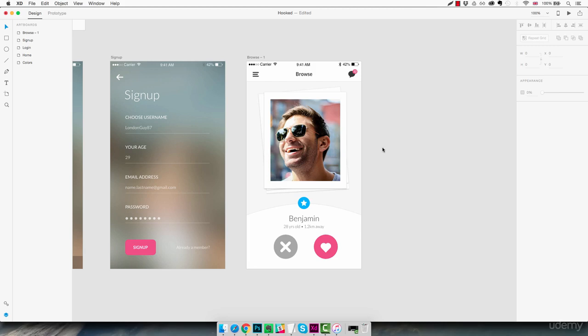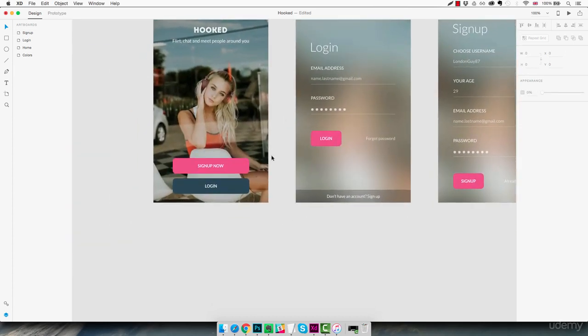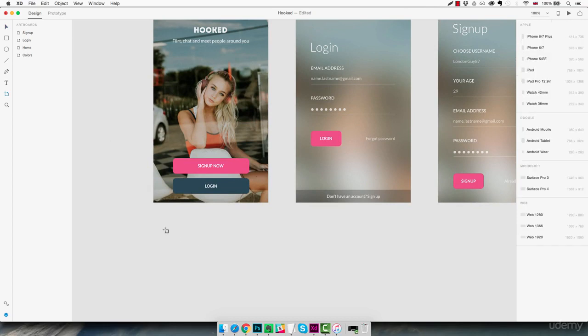In this lecture, we're going to create the browse screen for our app. It's gonna be a little more complicated than the screens we've designed so far, so here's a little preview for you guys. We're just gonna delete it now so that we can design it starting from scratch. Alright, so we get rid of this artboard and we move down here below our home screen and just create